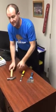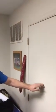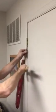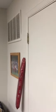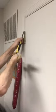So here's what you need to do. I'm going to show you. If you close your door, you take your nail set and you pop the upper pin up as far as you can with the nail set. And then you take your chisel and pop it up the rest of the way that you need to go,